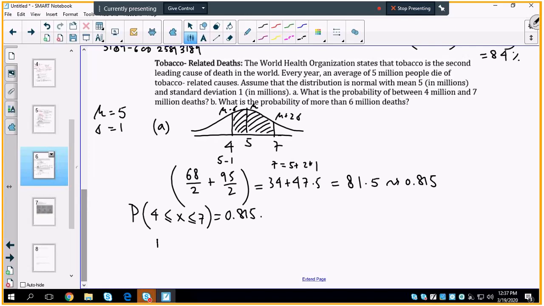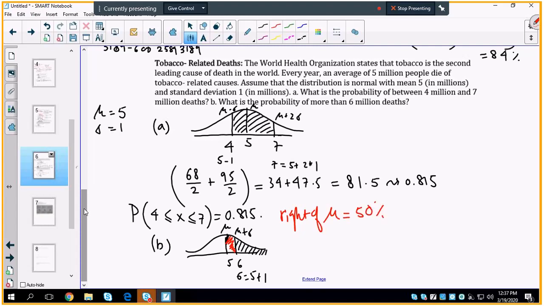The second part of the question is asking me to find the probability of more than 6 million deaths. So I will draw the diagram. Mean is 5 million. So you identify 6 million, and you want more than this. Remember, this is mu. 6 is equal to 5 plus 1. So it is mu plus sigma. And you want this much. So how do I understand that? I will do it in a little different way. I remember that all of the right of mu is 50%,